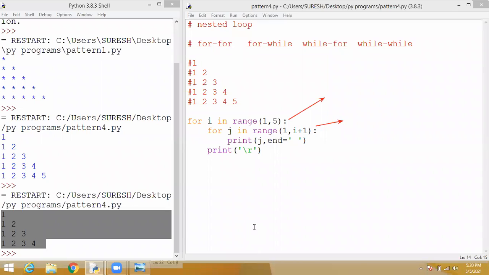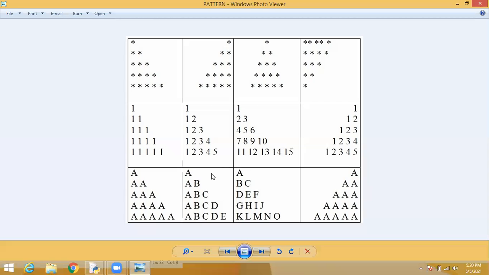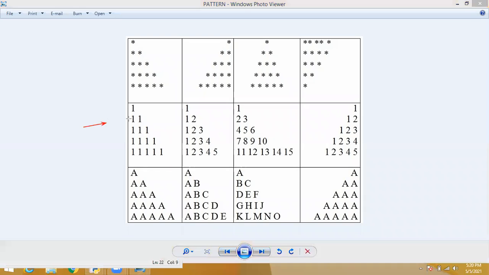Then I already showed you a lot of methods, that is, a lot of patterns. So students, this second one, you need to give the j value. Instead of star, you just give 1 in single quotation, and you will print 1. Here also, instead of star, you give a. But students, how to print this one? A, AB, ABC, like this. Any idea, students?